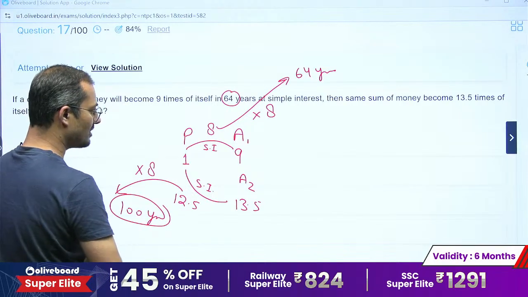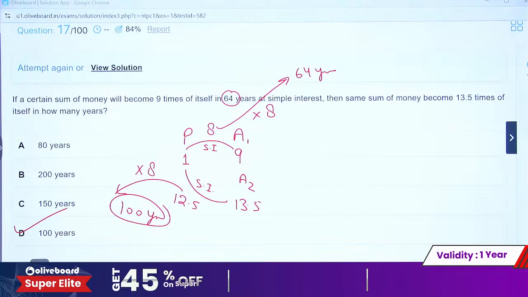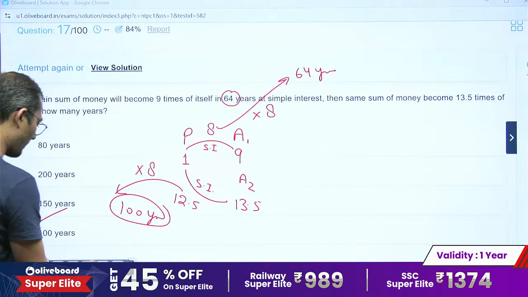So simply we can use this concept. So we can say that 100 years is the right answer. D is the right answer. Yes, D is the right answer. Okay. So moving forward,